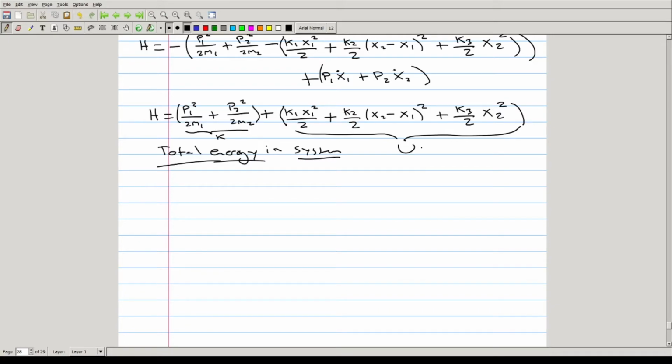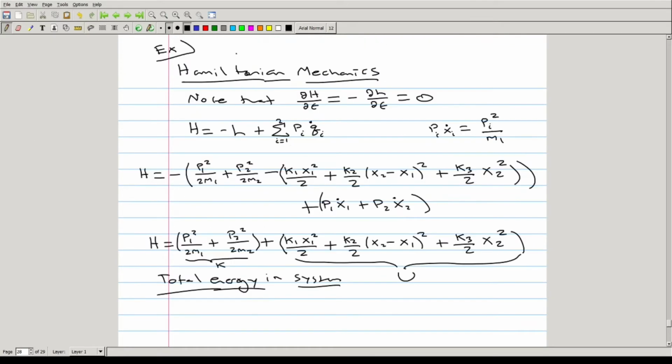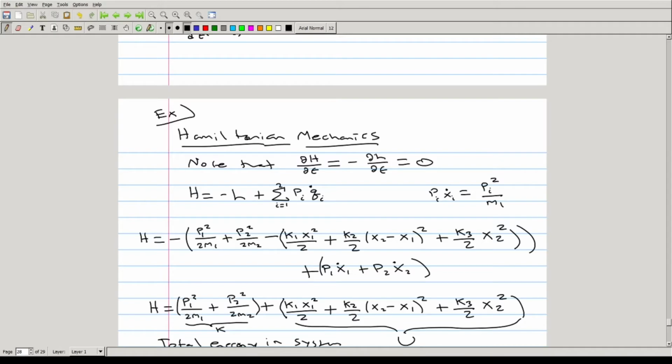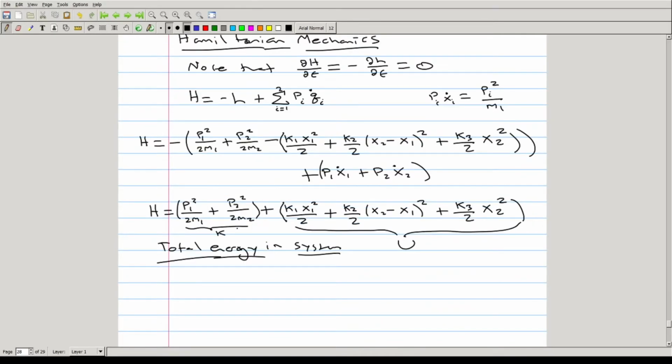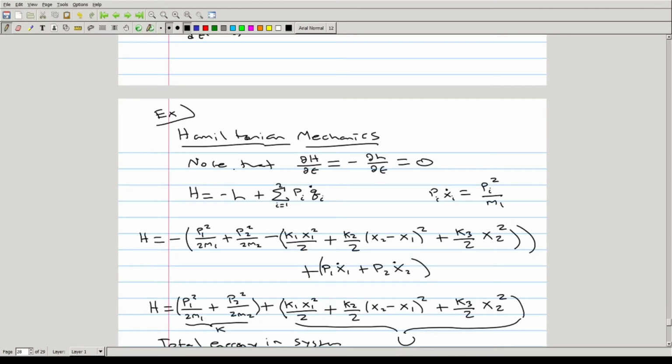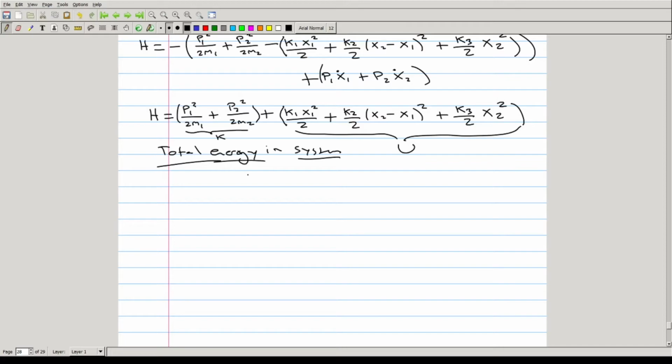So the Hamiltonian is related to the total energy in the system, and we'll see how to deal with situations where we have friction a little bit later on, where the total energy is changing. When the Lagrangian and the Hamiltonian are not changing explicitly with respect to time, we have a very nice situation here where the Hamiltonian function for a mechanical system is just the total energy in the system. This is when dL/dt or dH/dt is equal to 0. So the Hamilton's equations of motion then